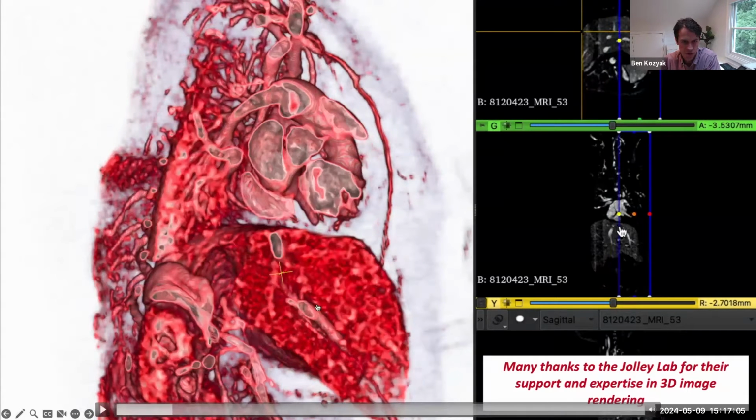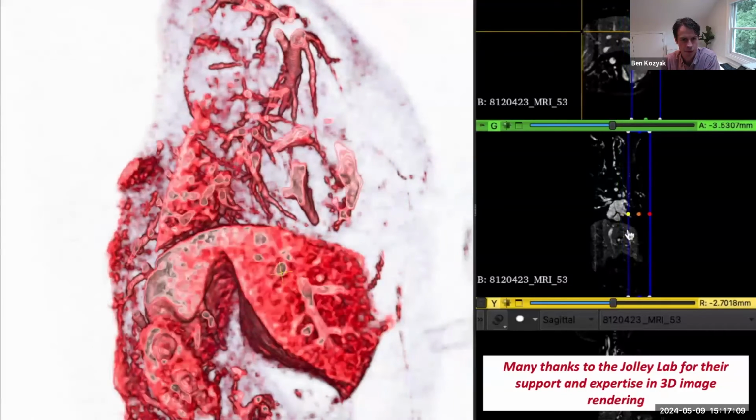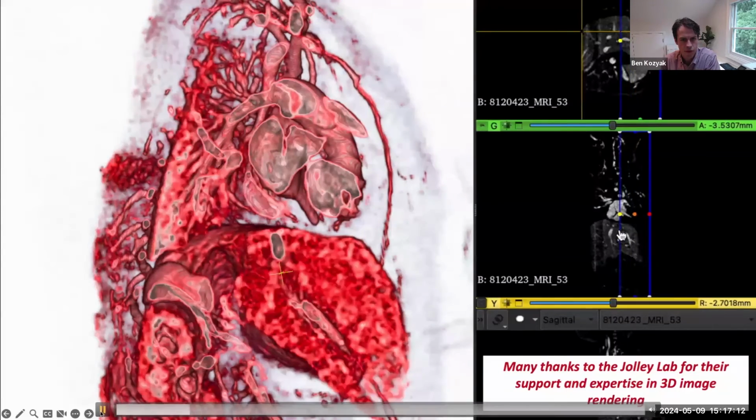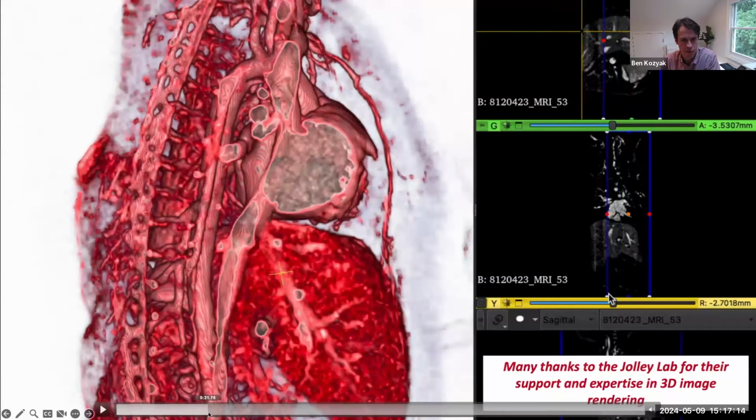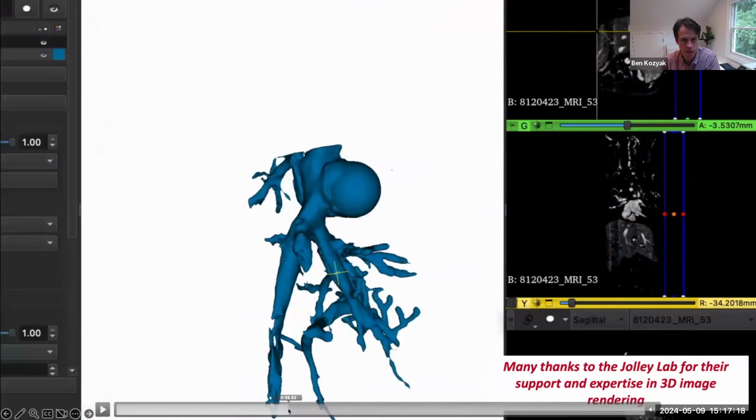You can kind of see it. You saw it sort of go by there. So that's where you got to get your line to go. Then the rest is portal venous anatomy. Filling that back out and then sort of shell filling it, which is what I'm doing now, getting rid of the rest. You see,